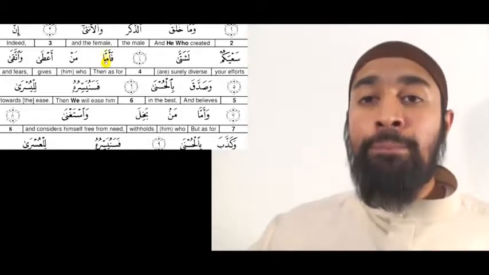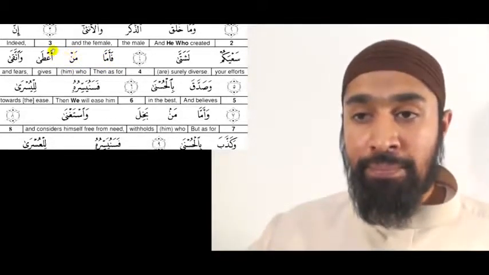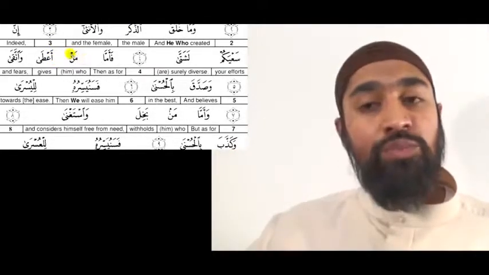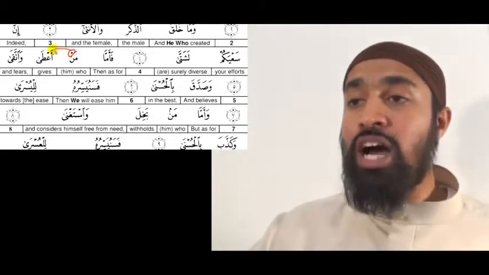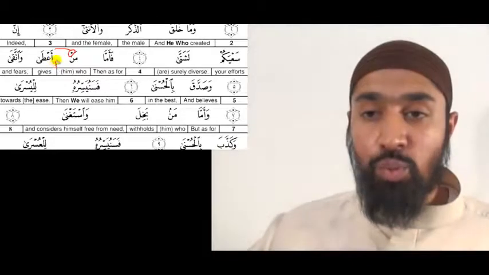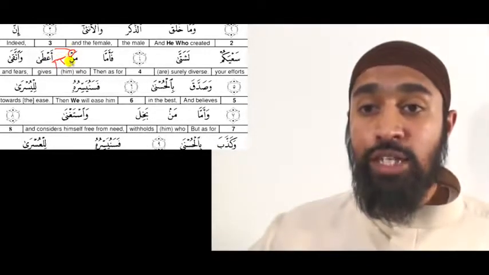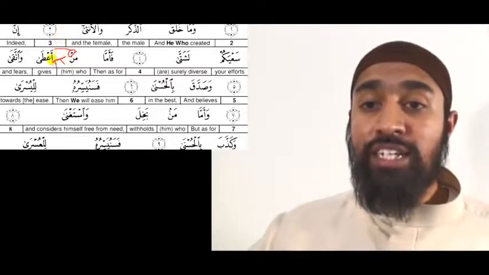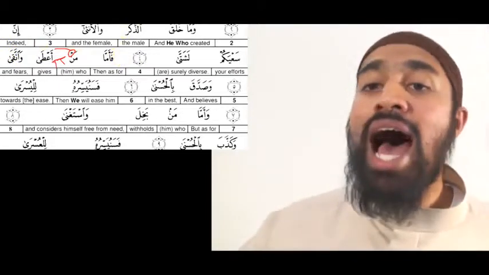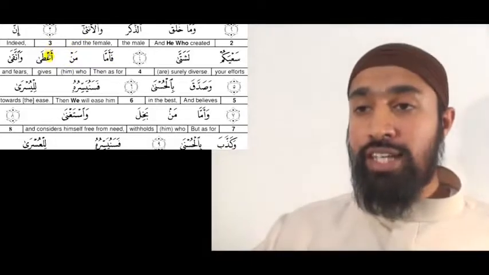فَأَمَّا مَنْ. Look at this. Immediately, noon sukoon followed by the letter alif. So noon sukoon, the alarm goes off. As soon as the alarm goes off, we look at the next letter. What is the next letter? It's an alif. Is alif in the throat? Yes, it is. So you have a tongue touch sound. The tongue is going to touch. مَنْ أَعْطَى وَاتَّقَى. Let's try that again.